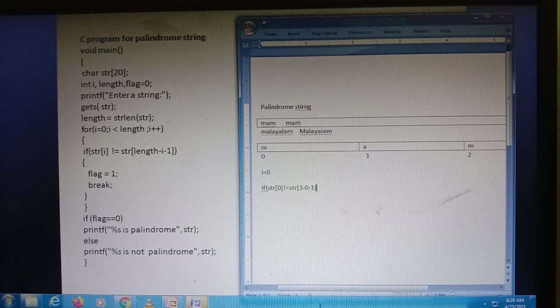At I equal to 0, if I simplify, STR of 0 not equal to STR of 2, since 3 minus 1 is 2.